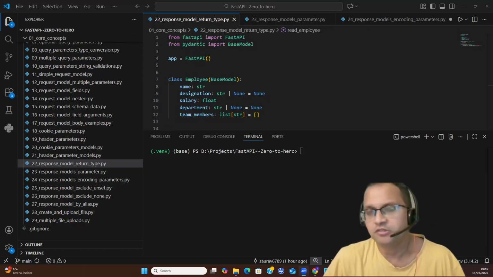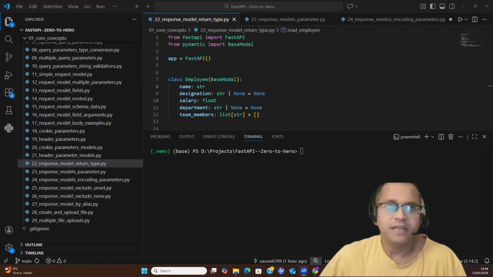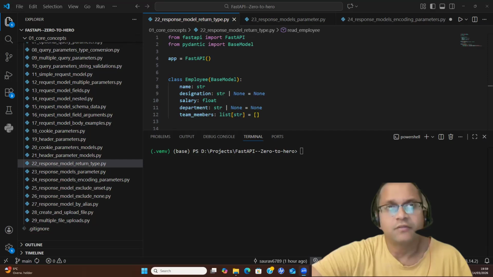FastAPI response model looks very simple, but sometimes we get errors, mostly 500 internal server error. So in this video, I will do a comparison between return types versus response model, why FastAPI behaves in a different way in different scenarios, and how to safely control your FastAPI response. In the first part, we are not going to use any